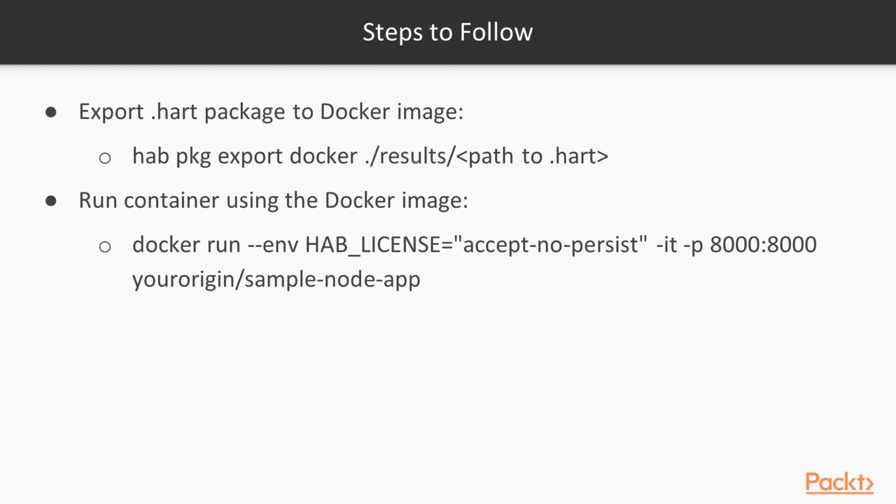And -p is the option to expose the port for the application to listen on. So here I'm saying the container would be listening on host port 8000. And on the container as well, the port number is 8000. And then you supply the name of the image. Once the container is up and running, you can access that particular application at your server's IP address:port number 8000. So let's see how we do this.